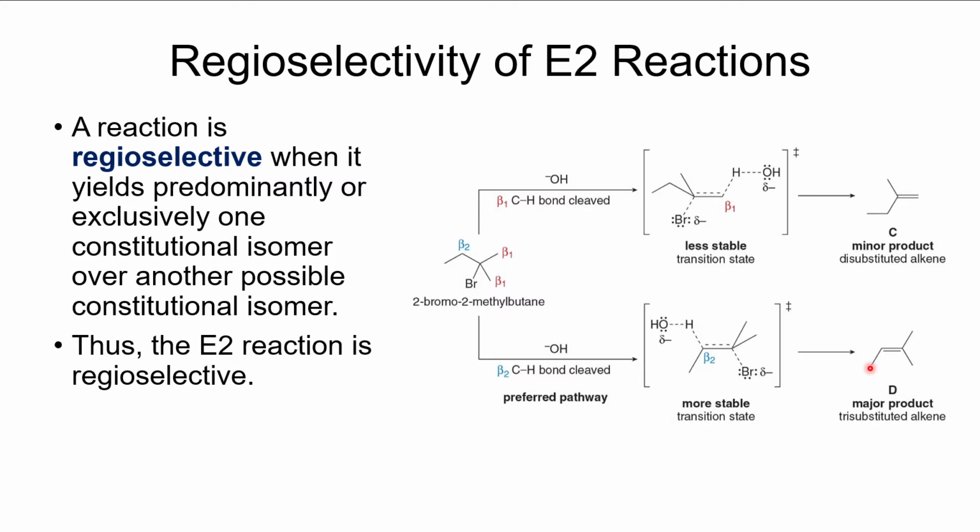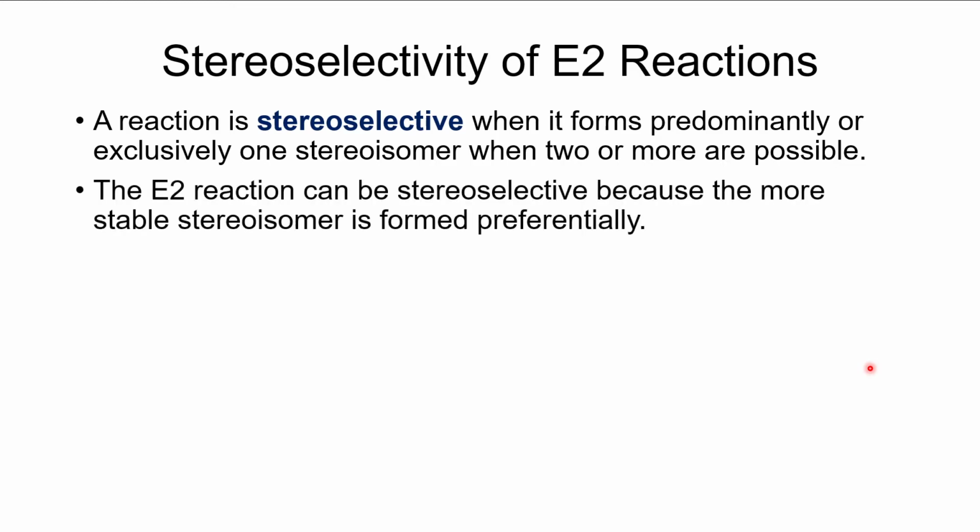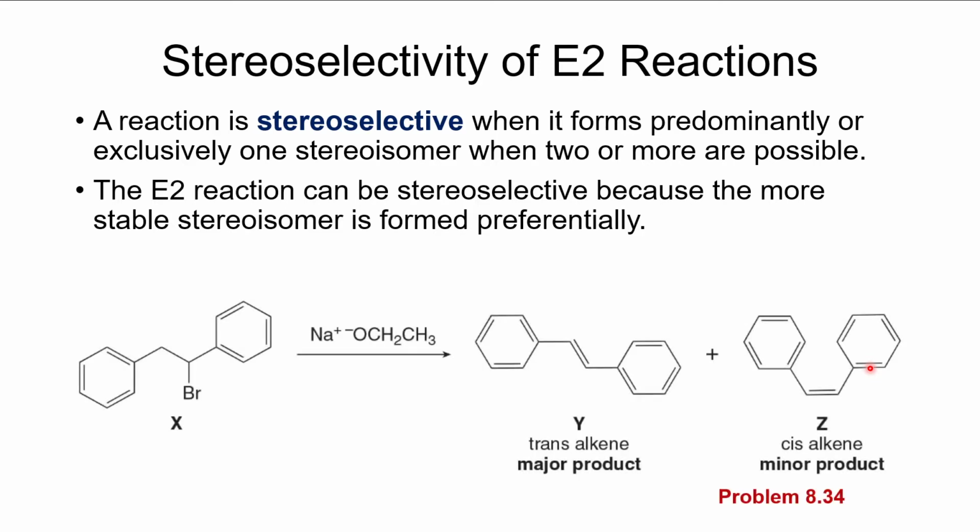So E2 reactions are regioselective. All right. We also have stereoselectivity, which we will get to in more detail a little bit later, but a reaction is considered stereoselective when it predominantly forms one stereoisomer over another. In the case of forming alkenes, this is going to be when we form a trans alkene versus a cis alkene. So in this particular reaction, we know that it is possible